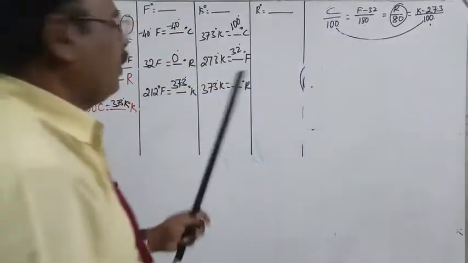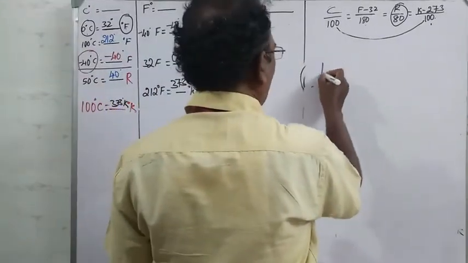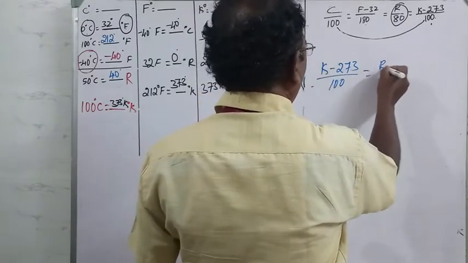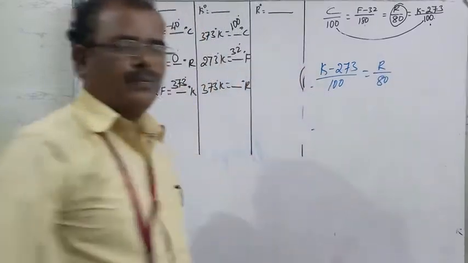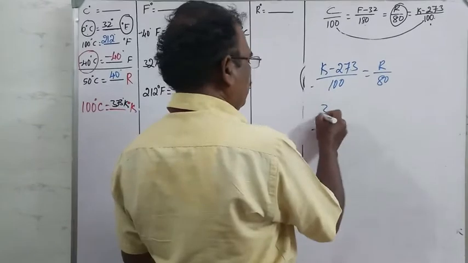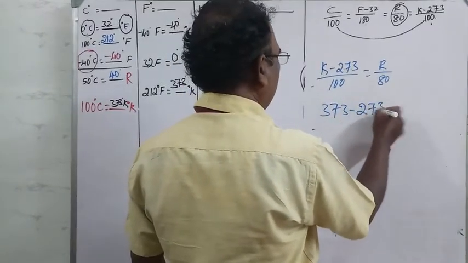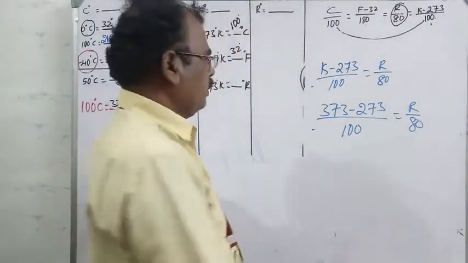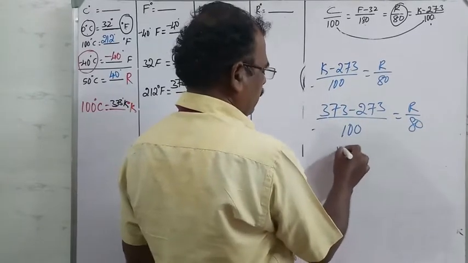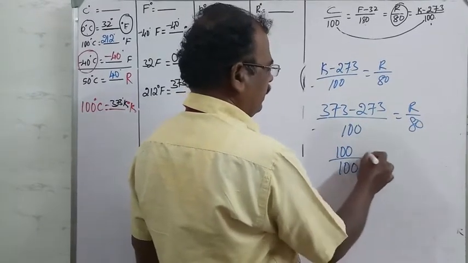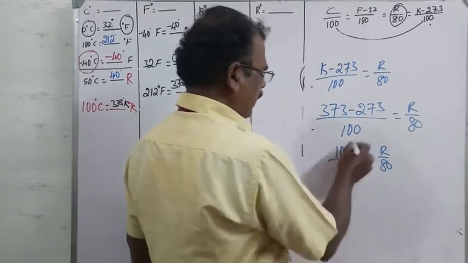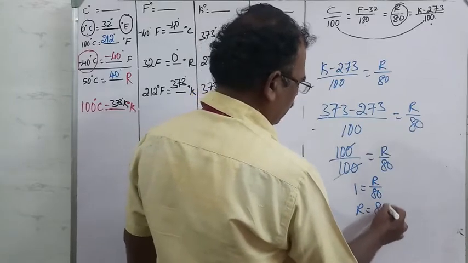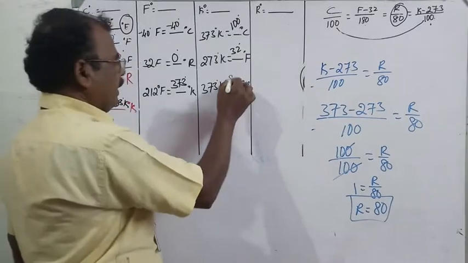So now Kelvin and the Reaumur scale. What is the Kelvin scale relation? K minus 273 divided by 100 is equal to R by 80. What is the value of K? 373 degree. 373 minus 273 divided by 100 is equal to R by 80. So that is 373 minus 273, which gives 100 divided by 100 is equal to R by 80. 100 will be cancelled, 1 is equal to R by 80. So R is equal to 80 into 1, which is 80. So you can directly tell 80 degree